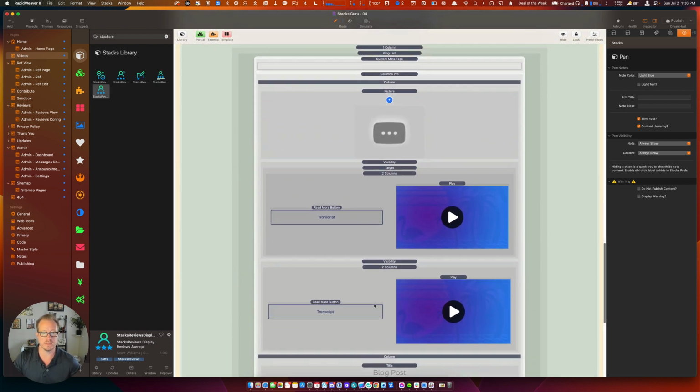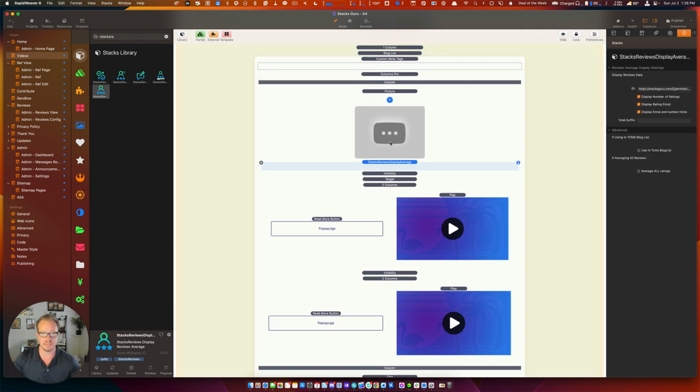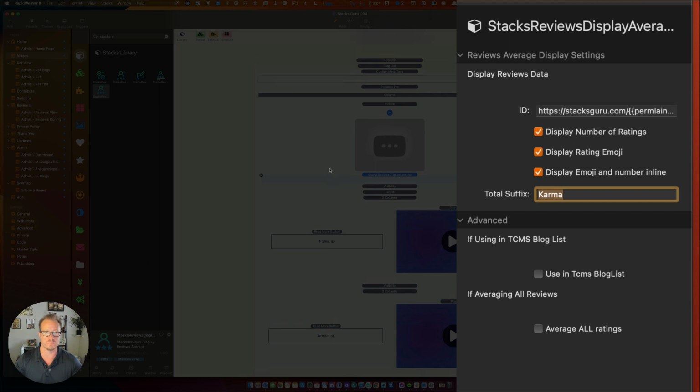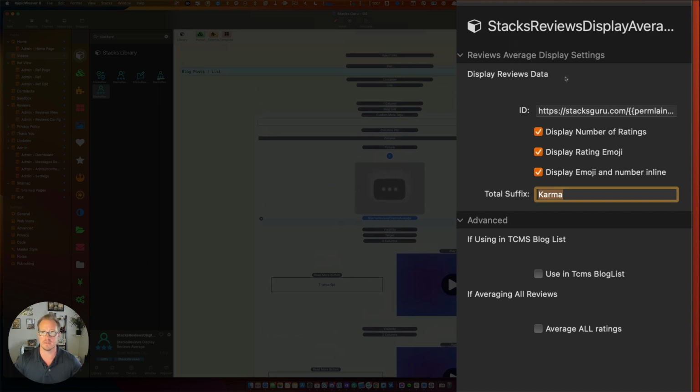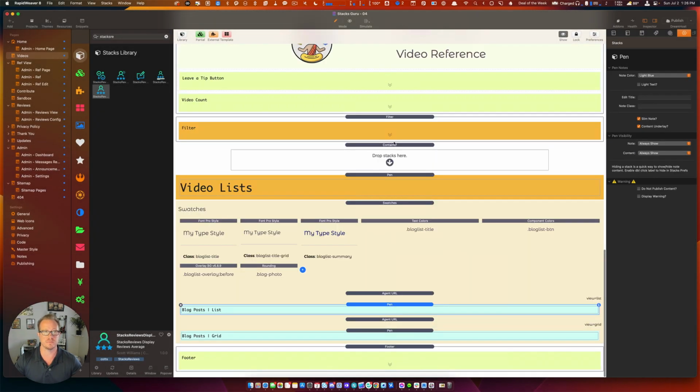And I think for the list view, what I'm going to do is put it under the picture. So I'm going to paste this here, and I'm going to keep that inline, and I'm going to say karma, because I want it to say it on the list view, but maybe not the grid view, right? So I have that there. I'm going to check use in Total CMS blog list, and then I'm going to close this guy up, and I'm going to open up the grid,